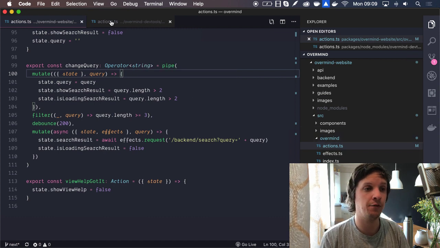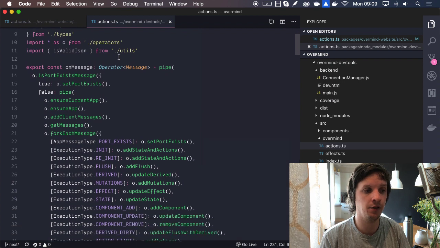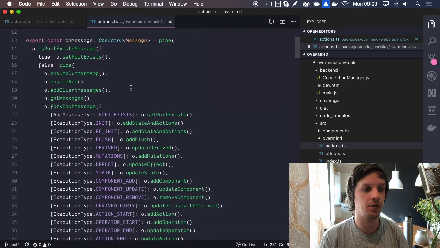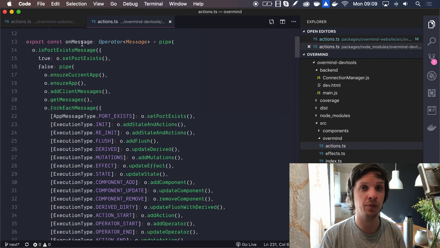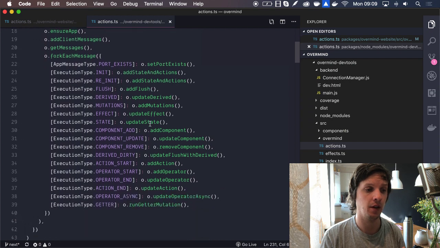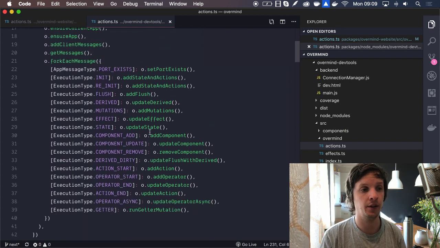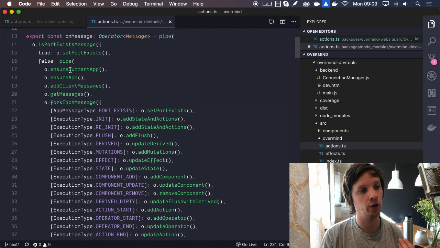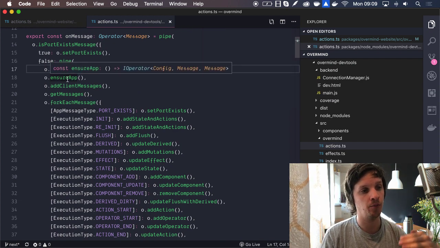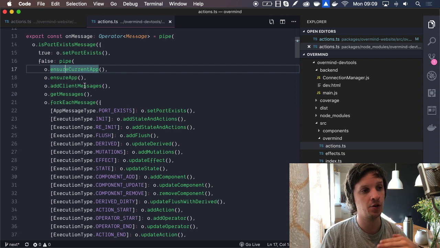And then I went to the DevTools, but I decided not to make any changes there because I think the operators show much better what is going on when we receive a message from the client. It's just cleaner. It's a lot of logic here, and maybe we could call actions from this on message action.